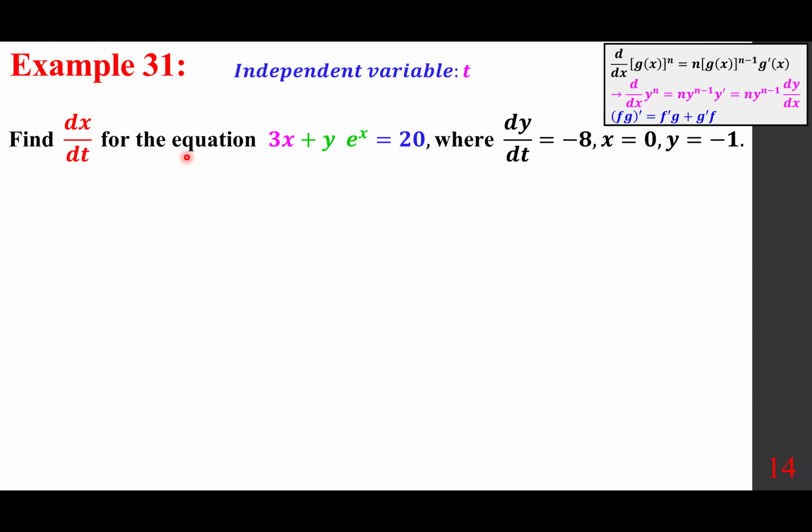Find dx dt. The equation is 3x plus y e to the power of x equals 20, and dy dt is negative 8, x is 0, y equals negative 1. Needless to say, t is the independent variable. We are going to start differentiating. We get 3 dx dt. And we put a raised dot in between. That means